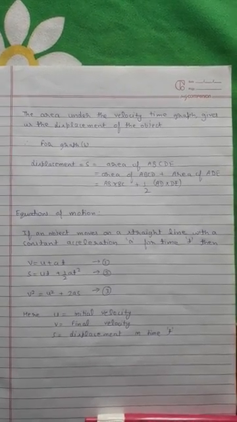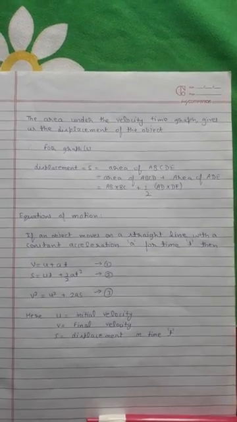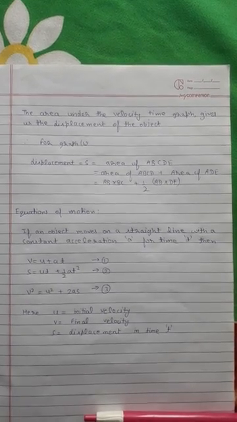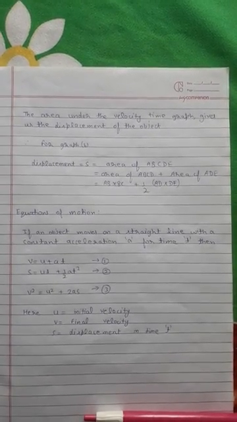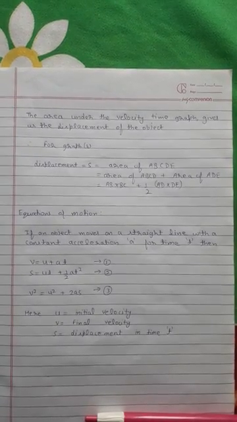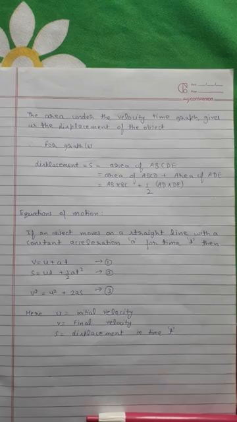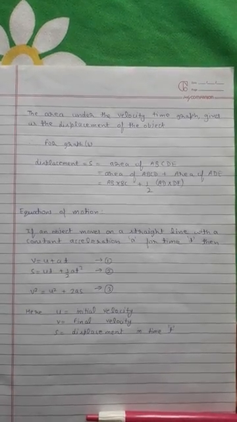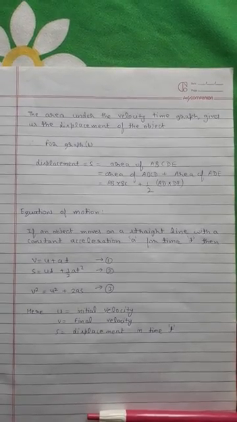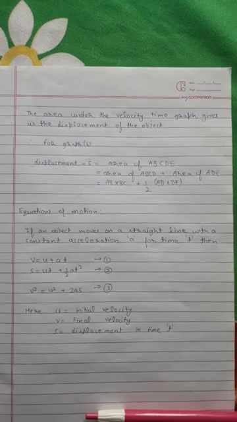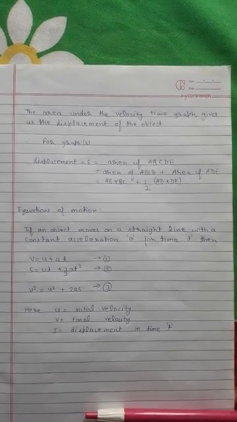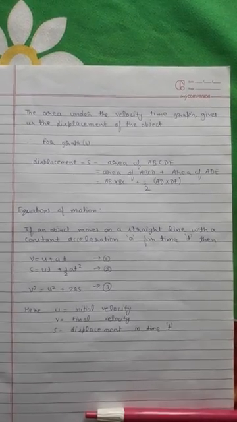Now next is equations of motion. Suppose there is an object moving on a straight line with a constant acceleration a for some time t. Then its initial velocity, final velocity, displacement, acceleration and time are related by these three equations. The first equation is v = u + at. The second equation is s = ut + (1/2)at². And the third equation is v² = u² + 2as, where u is the initial velocity,